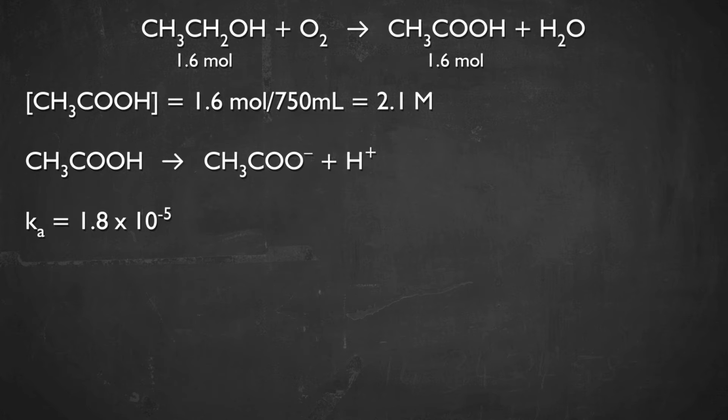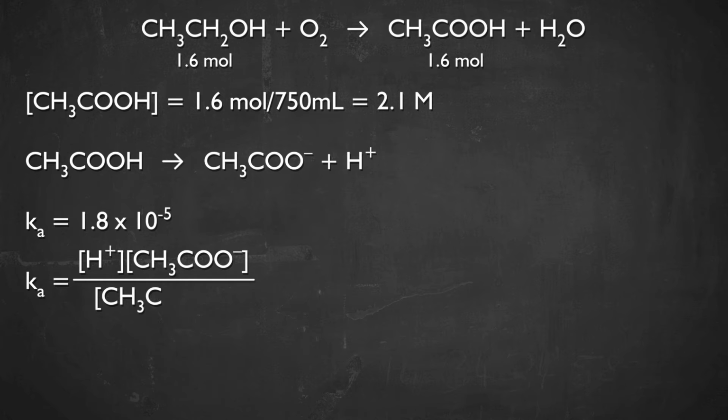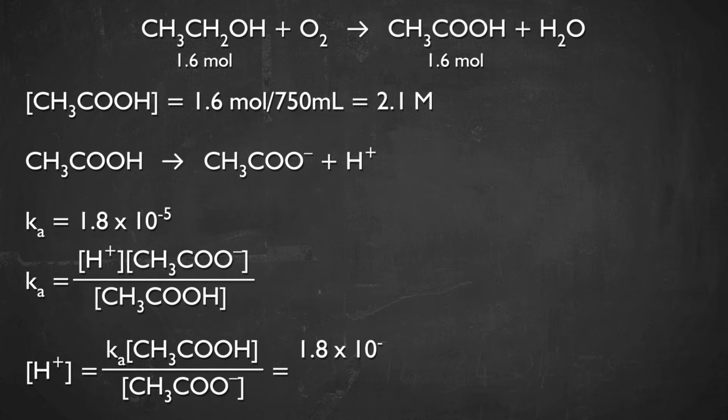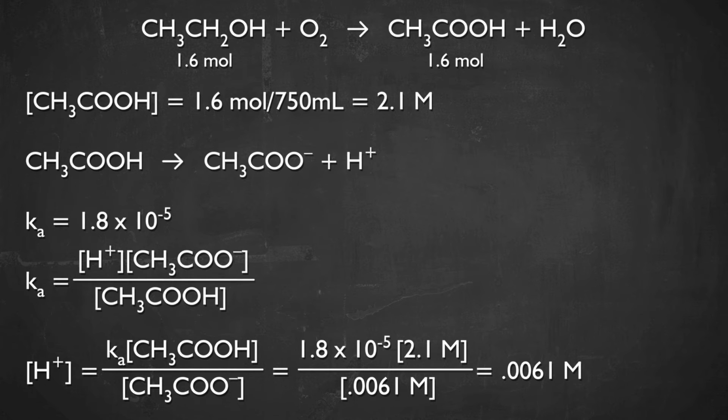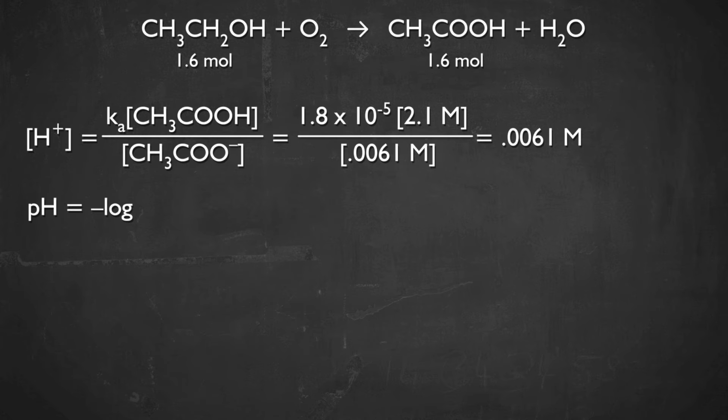So if we then set up the equation for the equilibrium constant, which is the hydrogen ions times acetate ions over our initial reactant, which is the acetic acid, this should equal the equilibrium constant. And we know what our concentration of acetic acid is, and so we can solve for our concentration of H+ ions from this, and this turns out to be 0.0061 moles per liter. And of course, having our equation for the pH, which is pH equals minus the logarithm of the H+ concentration, we then get a pH of 2.2,